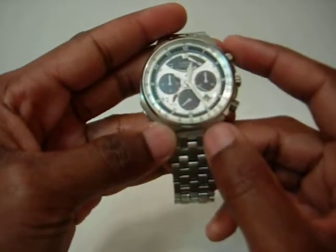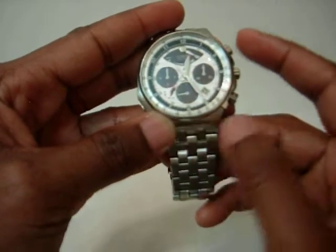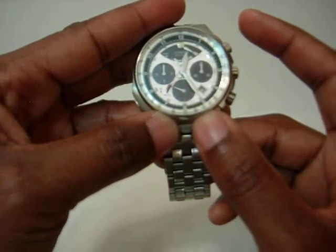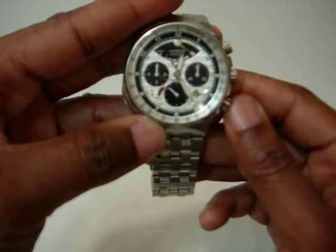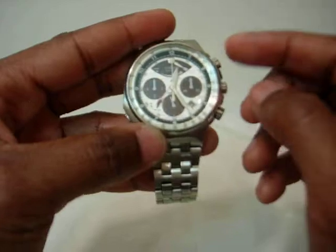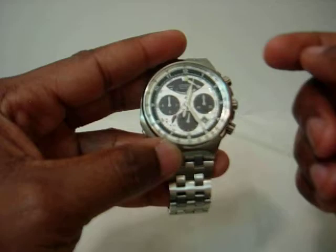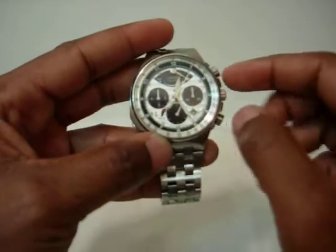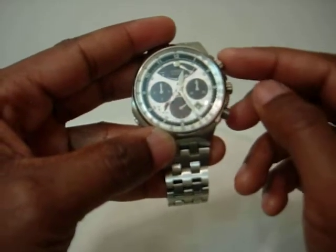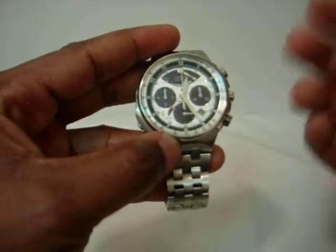So you start the chronograph by pushing button B. You stop the chronograph by pushing button B again, and once the chronograph is stopped, you could start it again. You could stop it, and you could also delete it and start it over. It has a chronograph flyback, which with one push of a button flies the chronograph sweeping hand back to the 0 position. So I'll just do it again. I push button B to stop it, and then button A for the chronograph flyback to the 0 position to start a new measurement,